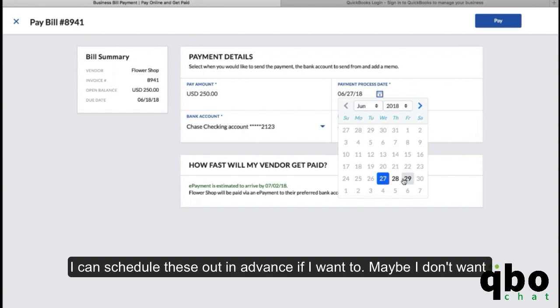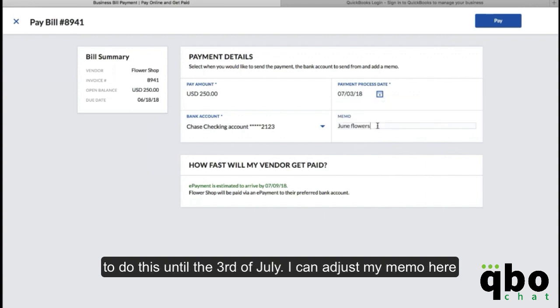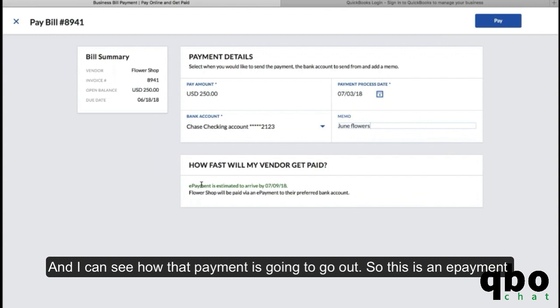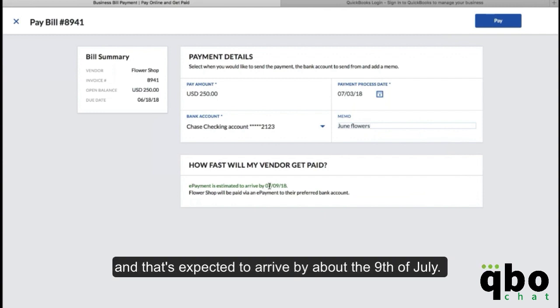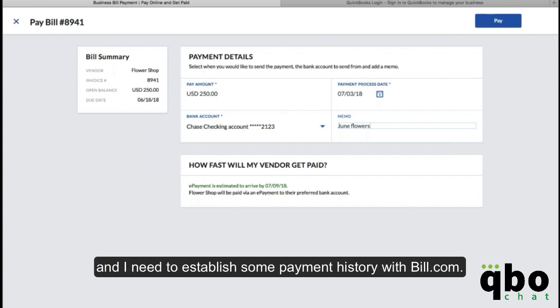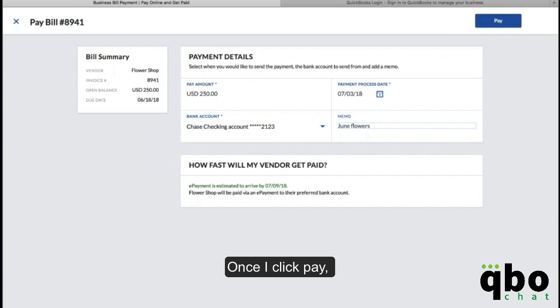I can schedule these out in advance if I want to. So maybe I don't want to do this until the 3rd of July. I can adjust my memo here if I want the vendor to see something particular in that line item, and I can see how that payment is going to go out. So this is an e-payment, and it's expected to arrive by about the 9th of July. This account takes a little bit longer for payment timing given that I just created it, and I need to establish some payment history with Bill.com. Once I click Pay,